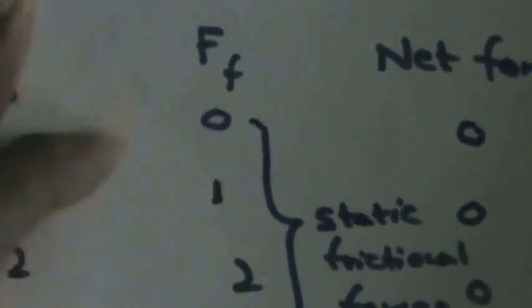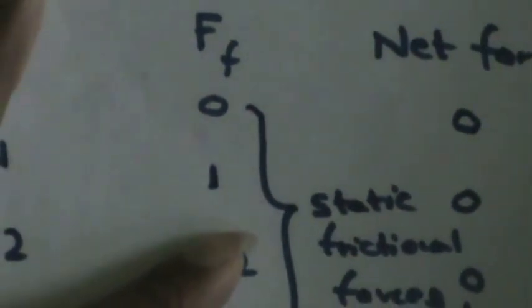So that's the introduction to static frictional forces and kinetic frictional forces. What you understood from this lecture is that when you increase the force from 0 to some value, you are still in the static moment, and the frictional forces acting in those moments are called static frictional forces. And at some instance the object is just about to move, and that is called the limiting occasion, and the frictional force acting at that moment is called the limiting frictional force.